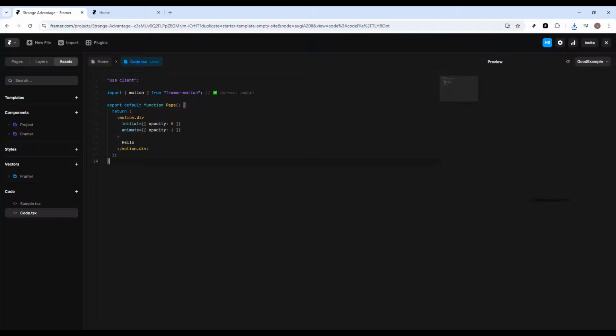If you're seeing a Framer Motion error in Next.js, don't worry, this is usually a very common client and server rendering issue, and in this video I'm going to show you exactly how to fix it step by step. We'll go through the most reliable solution, make sure your animations work properly, and avoid hydration problems that can break